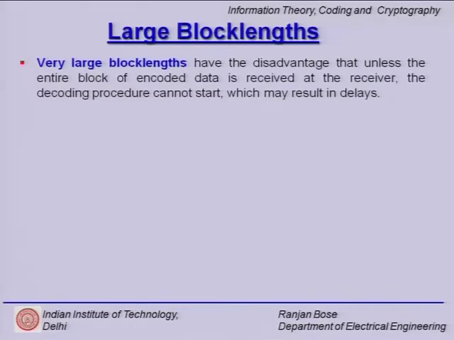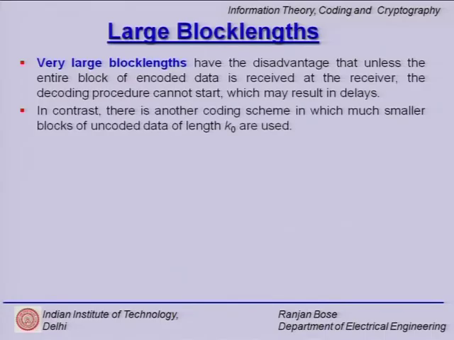Now, the large block lengths also suffer from a basic disadvantage. Even though they give you very efficient codes, we cannot declare the results of decoded output until the entire block is received and decoded. So, we cannot start declaring the results. So, if the block consists of say 1024 bits and we are working at 10 kilobits per second, then there is a tangible amount of delay possible before we start declaring results, and this may not be very conducive for real time operations. But there is another class of codes that we are going to study today where the delay